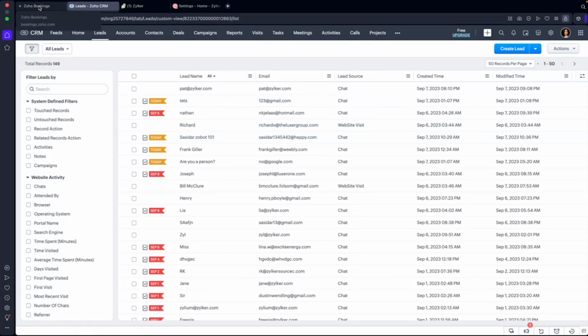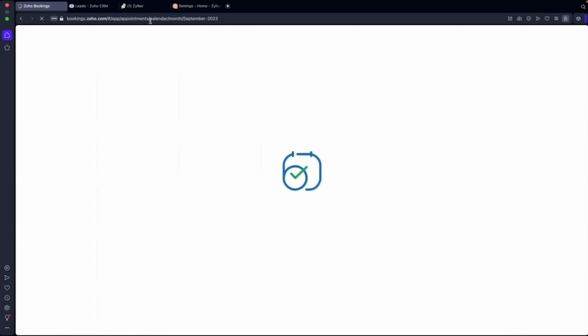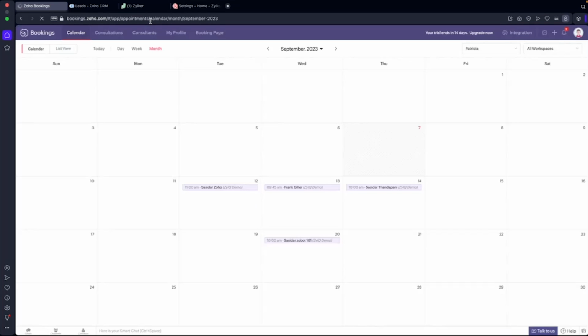So we have also created a booking in Zoho Bookings. Let me show you that as well. So we've booked for the 20th. Let me reload this tab real quick. So 20th, the name, and it's been successfully scheduled. So this is how you can use your bot to give your visitors a provision to schedule